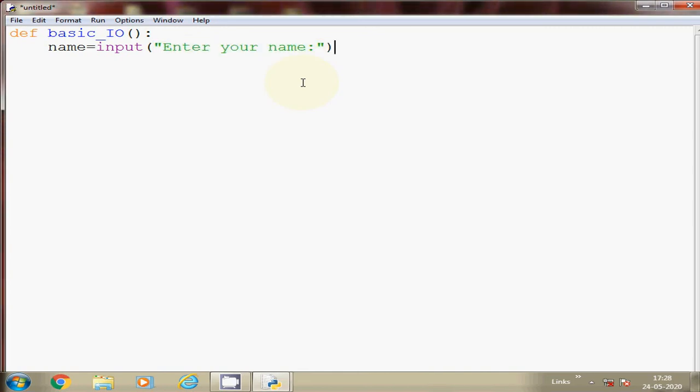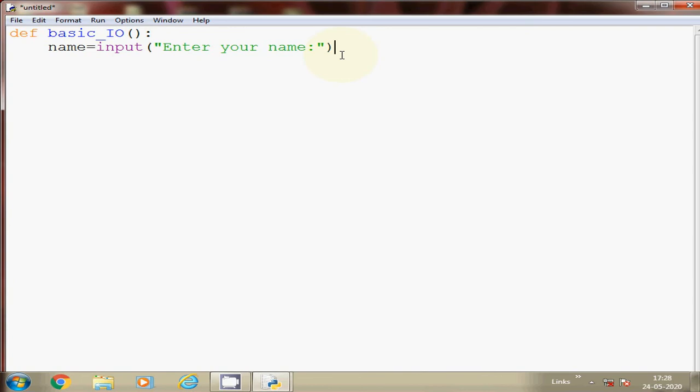Right now just understand that we have to pass something inside the bracket, that is a string, with double quote or single quote. You can write both quotes in the input function. There is no difference at all. It can accept both. Now here input enter your name. By default name is a string only, because nobody's name starts with a number. Have you seen any person with 7?